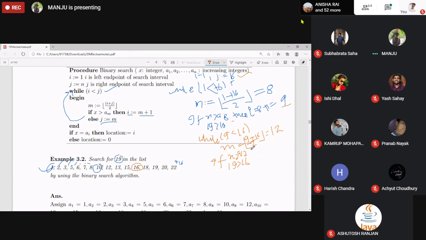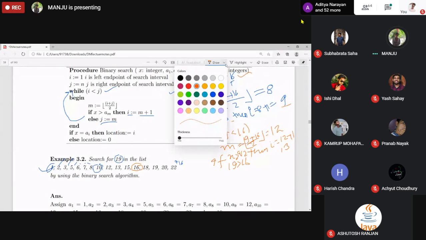True. Then i becomes m plus 1, so 12 plus 1, 13. Now i is 13, j is still 16.